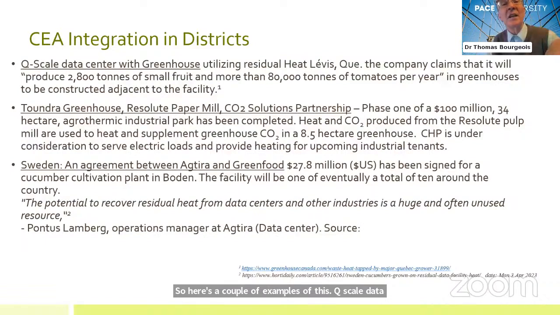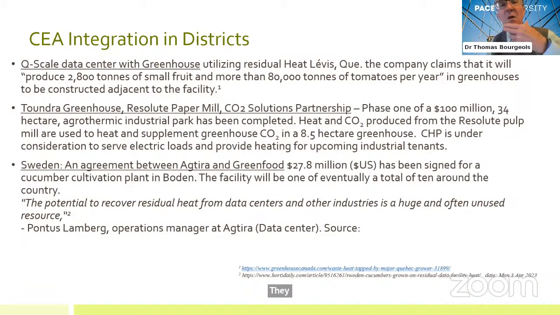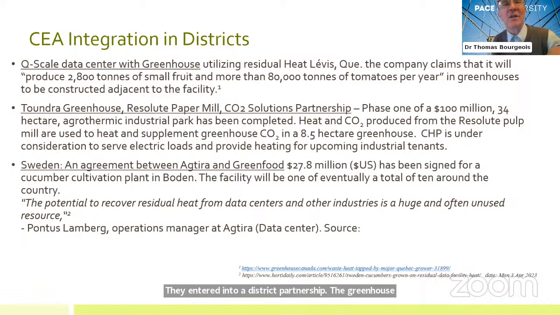These are data centers in Quebec that are going to be constructed adjacent to food producing facilities. The middle one is a greenhouse next to a Resolute paper mill, near the Tundra greenhouse. They've entered into a district partnership. The greenhouse will take the heat and the power. Excess heat will be used within this loop. And then they also have additional electricity and heat that they can provide for upcoming industrial and commercial tenants. So once again, they've created a district to share power and heat, thermal energy, in a